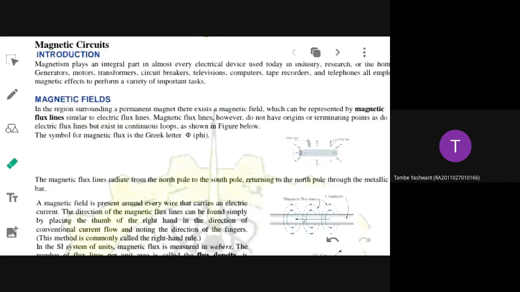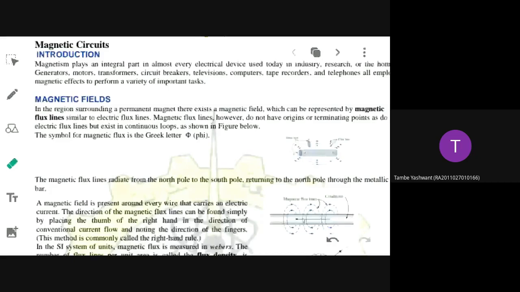Now tell me, why do you need to study magnetic circuits? How is it important or significant in your life? In every electrical device, where there is an electric field, a magnetic field is generated. Most of the machines you use in daily life, like a simple transformer, motor, or generator, are partially magnetic and partially electric. So you need to discuss both the electric part and the magnetic part, and the rules affecting them. Hence we are studying magnetic circuits.